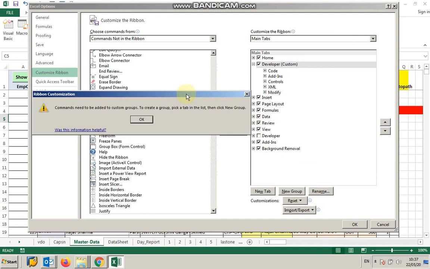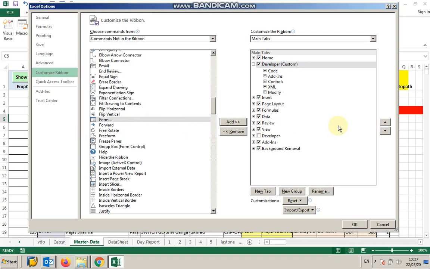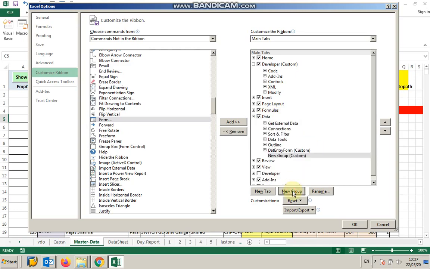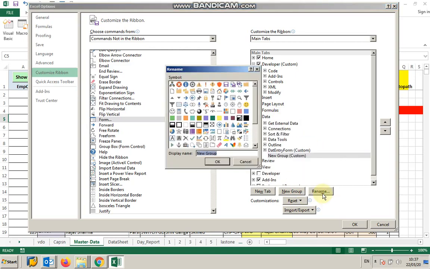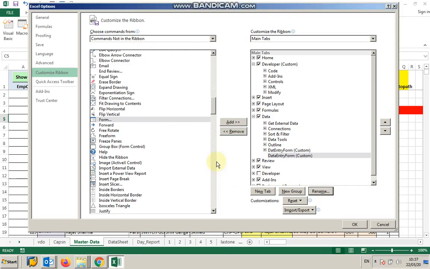In 2013 and onwards, you have to first create a group under any tab. You can select any tab. Suppose I am selecting the Data tab. Under this I have to create a new group, and I can rename this new group, say Data Entry Form, then add.